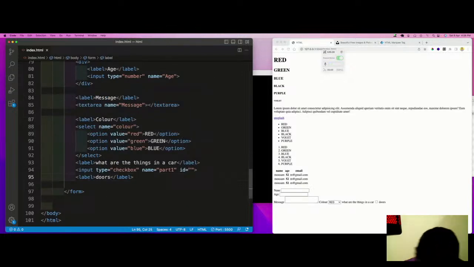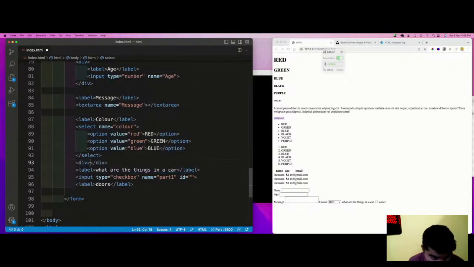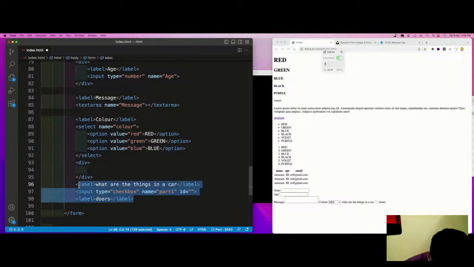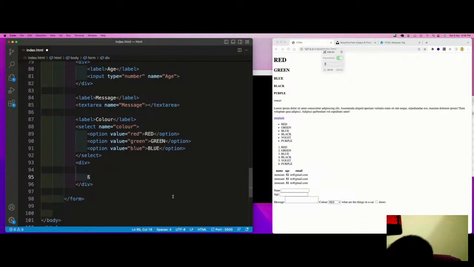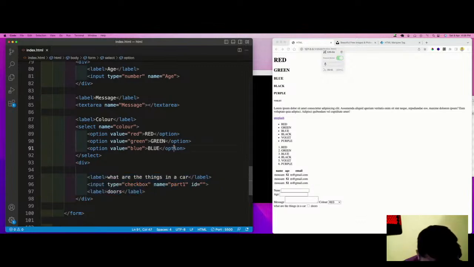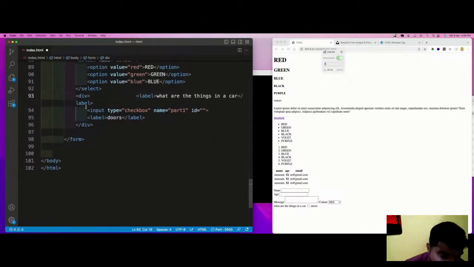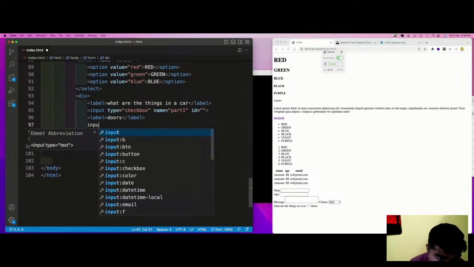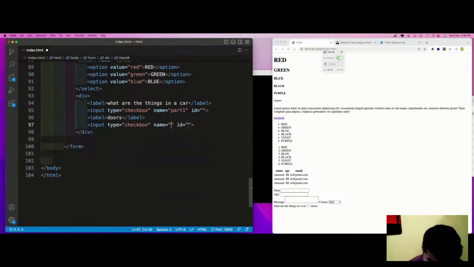So what we do here, this particular thing, put it in a div. For the second one, again you have the input type checkbox, part two, label.